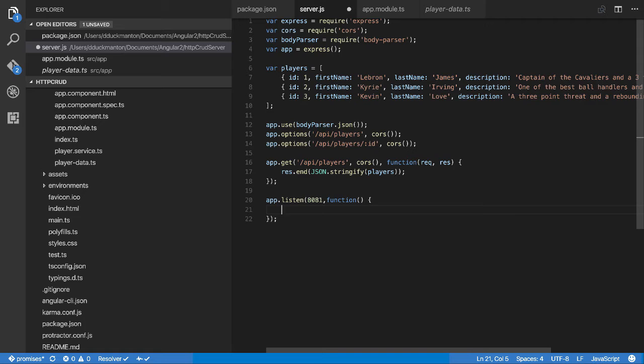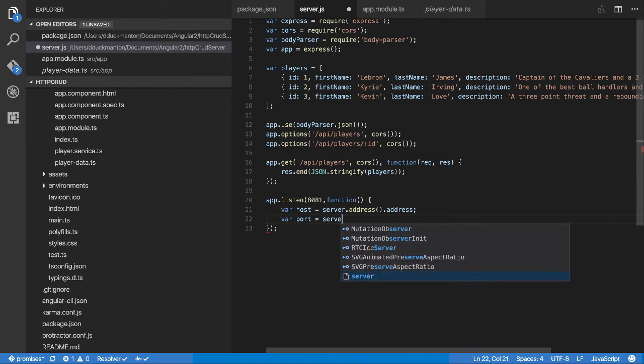And then I'm just going to write a little bit of code here, just more for detail when we actually run the application. So we've got server.address. This basically gets the address of the server this is running on. At the moment, it's my local machine. So that will probably return not much. And then port equals